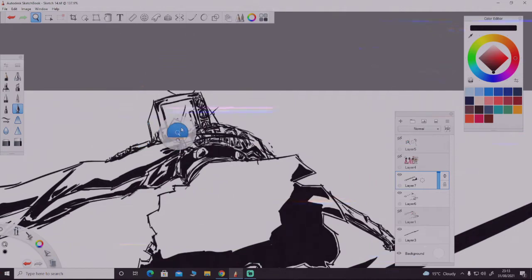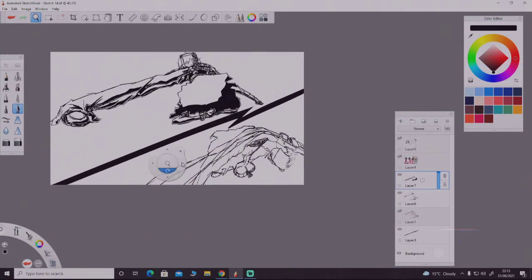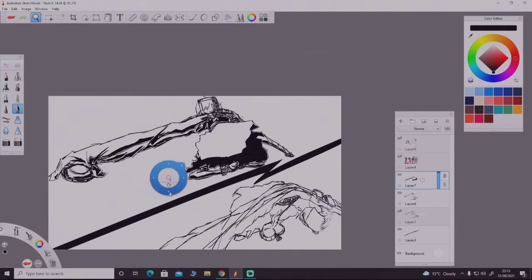But yeah, you get the point. I'll shade this one in a second, but you get the point. This is pretty much how I shade. If you want to go into more depth, like what I do sometimes as well, there's another thing I do